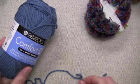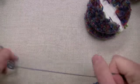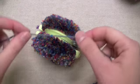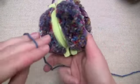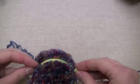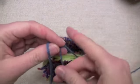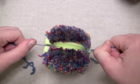For this particular pom-pom, I'm going to use a piece of Comfort DK as my tying off yarn. This is something nice and strong. It's not going to snap when I pull hard on it, and I think the color goes pretty well with the colors in my pom-pom. So what you want to do is put the yarn through that same channel that you have been cutting along and get it together on one side and knot it,